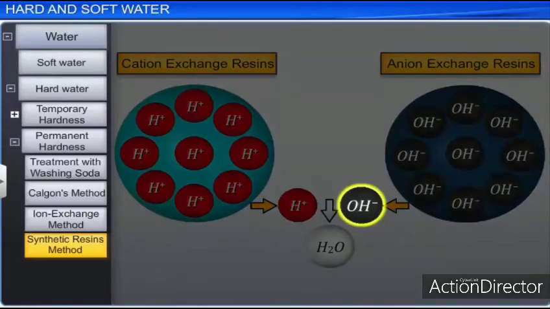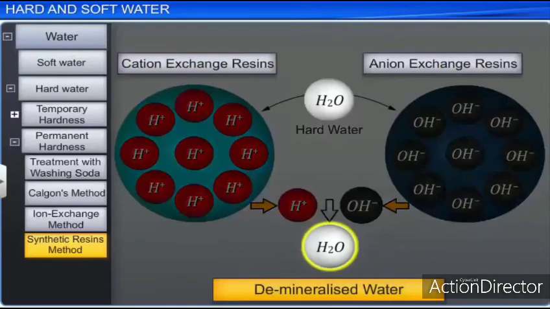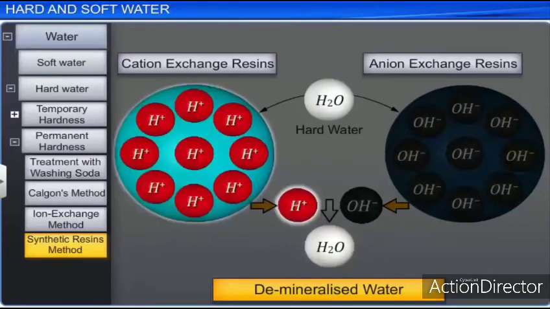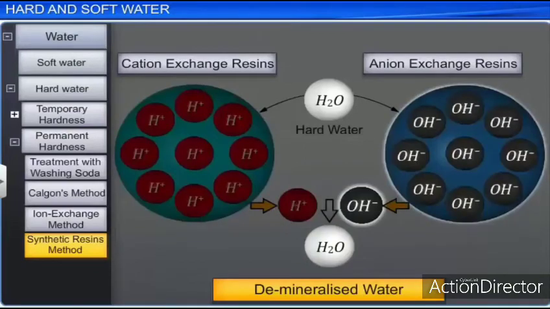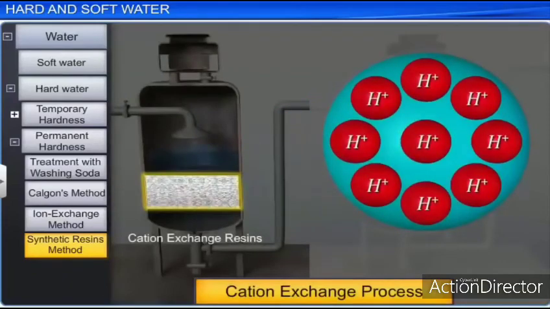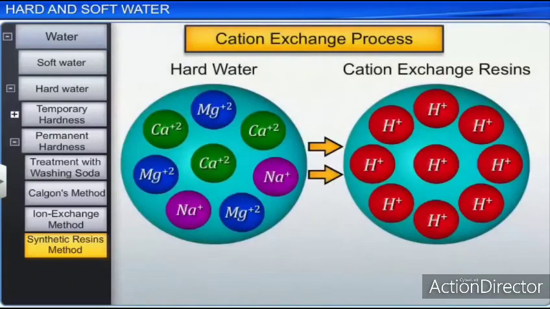in hard water. Pure demineralized or deionized water, free from all soluble mineral salts, is obtained by passing hard water successively through a cation exchange resin in the H+ form and an anion exchange resin in the OH- form. In the cation exchange process, the H+ ions in RCOO-H+ are exchanged with sodium, calcium and magnesium ions present in the hard water. The reaction that takes place is